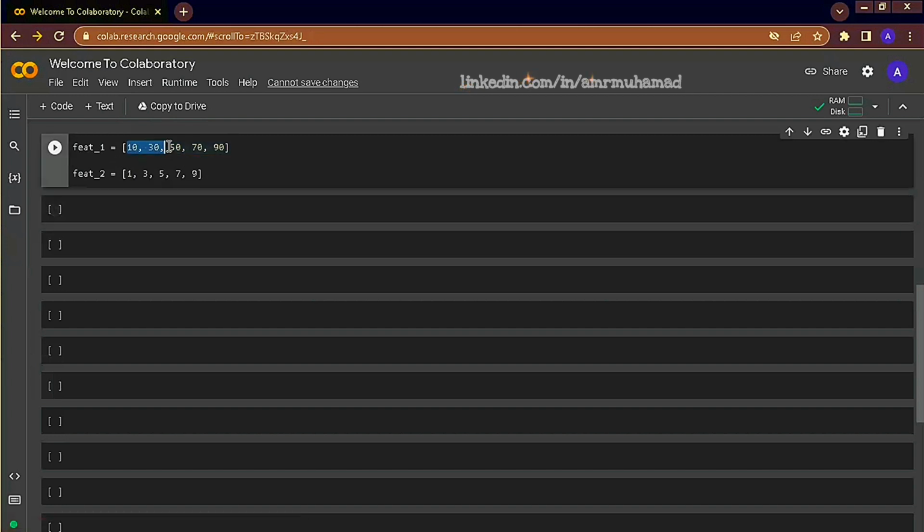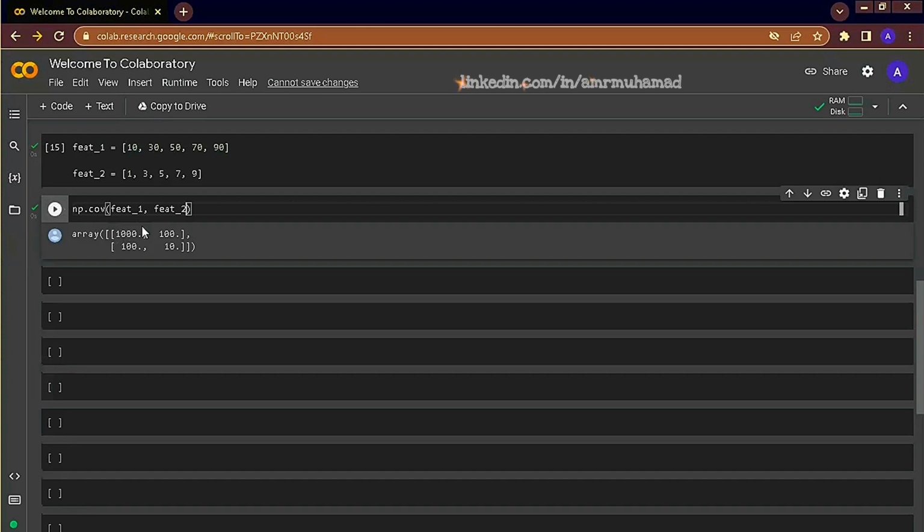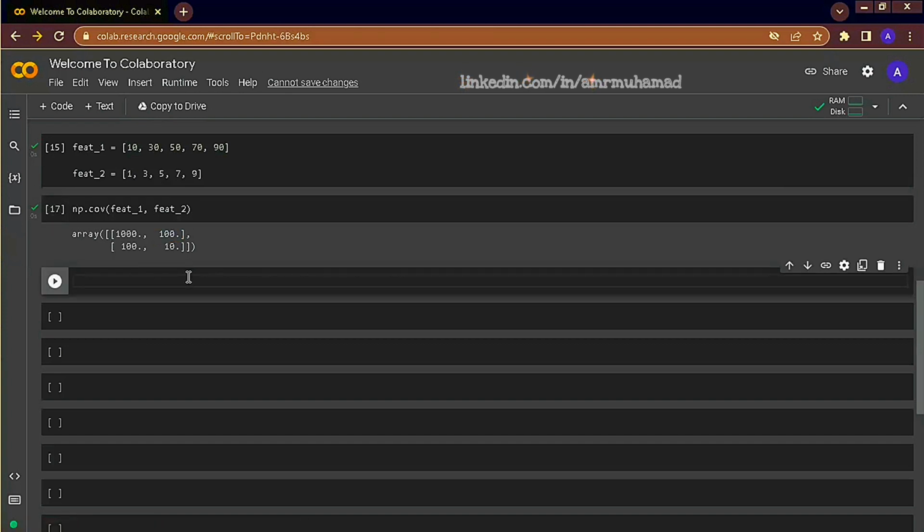Let's check this here. We can directly eyeball that as feet1 increases, feet2 also increases. It says here that the covariance is 100. Okay, still, like the variance, what does 100 actually mean? To have a scaled measure of this covariance, we use correlation. There are many forms of correlation calculation. The most common one is the Pearson correlation coefficient, which is basically the covariance divided by the standard deviations.